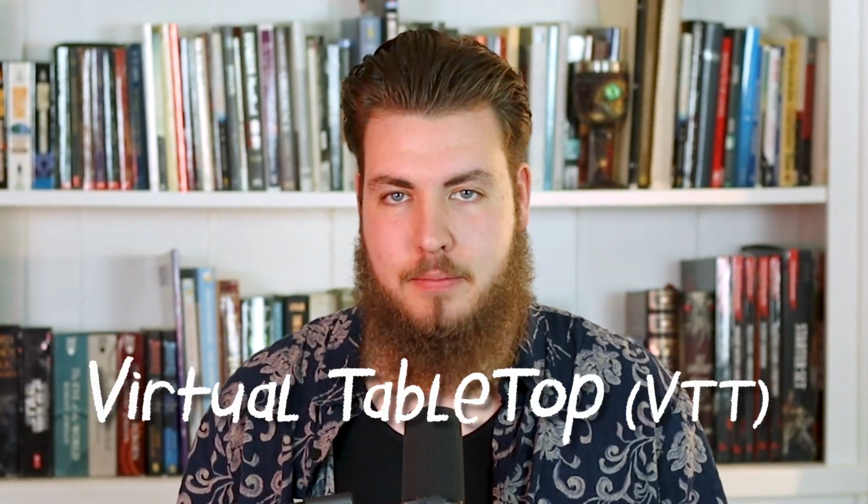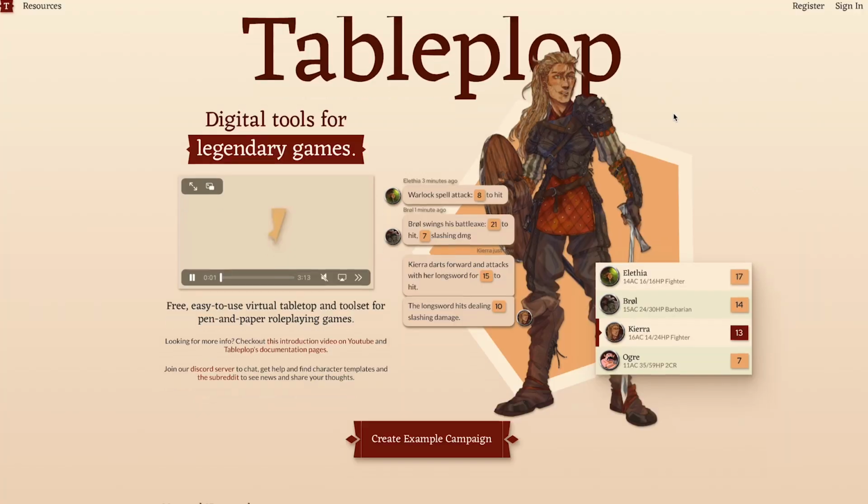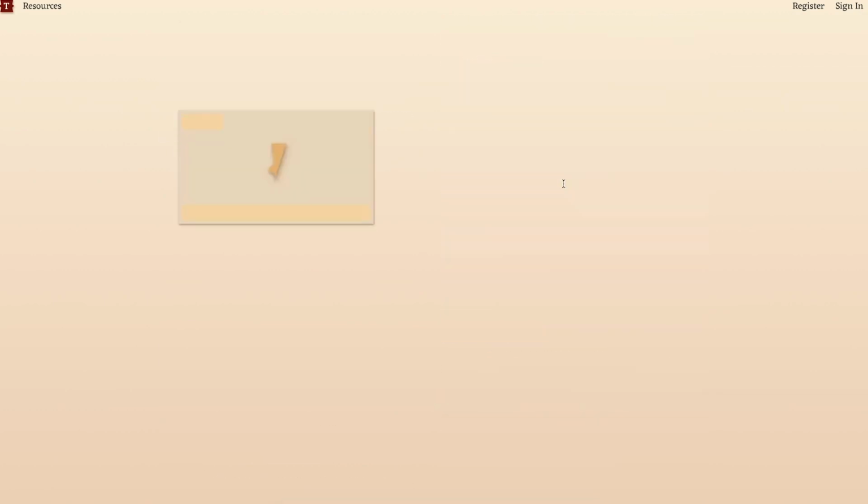My next honorable mention is a virtual tabletop, or at least a platform where you can play the game with your friends online. I've used Roll20 and I really don't like the UI. So when I run my games, I use a virtual tabletop called Tabletop. It's really intuitive and simple. It doesn't have all the character sheets and rules incorporated into it, but it's really easy to edit, and I don't know, I just like the way it works, and so that's what I use when I run games